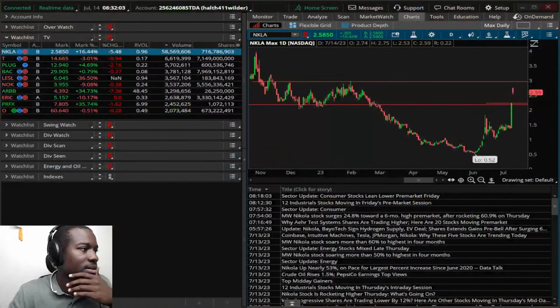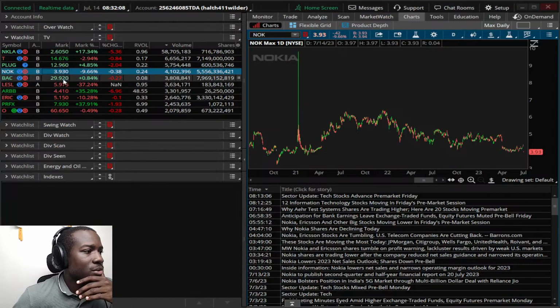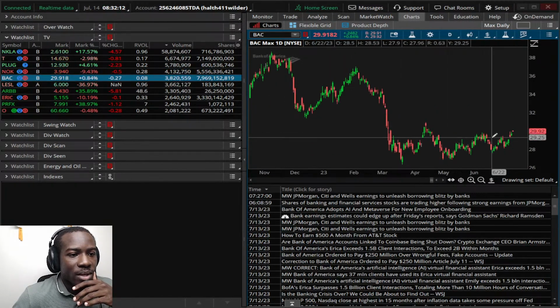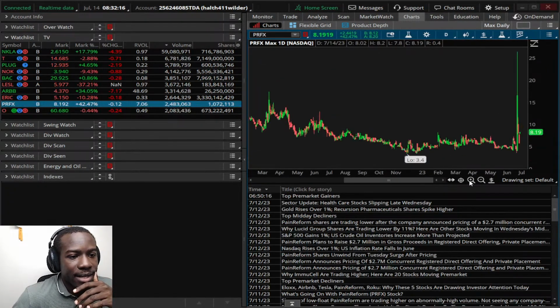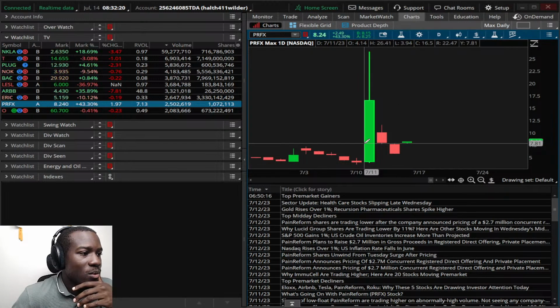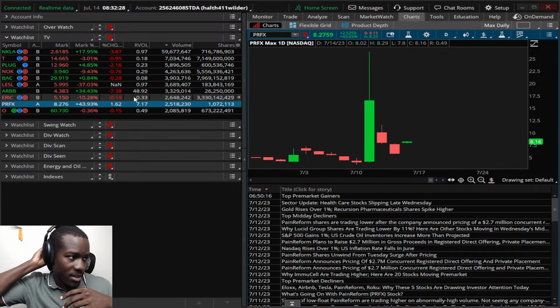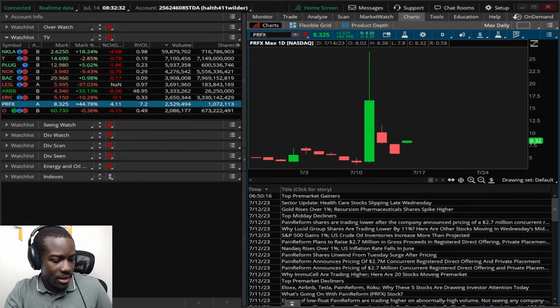Let's jump over here and look at the scans. So right now, Bank of America came up to 30 bucks. Just kind of trading within this range. PRFX, maybe one to watch. Has a nice bit of relative volume here. And ARBB also has good relative volume. I'm going to be watching both of those. Let's actually go over there.